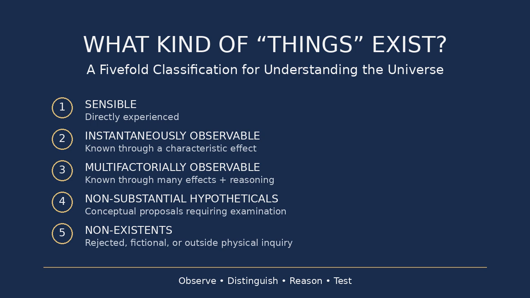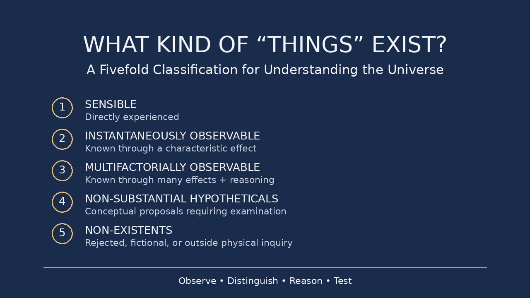Part 8. Why this matters for the universe. When we turn toward cosmology, the distinction becomes even more important. The farther we look into the universe, the more dependent our knowledge becomes upon indirect evidence. We receive light. We measure spectra. We observe trajectories. We detect radiation. We measure gravitational effects. We infer properties of objects that we cannot physically touch. Therefore, cosmology is necessarily an exercise in disciplined inference.